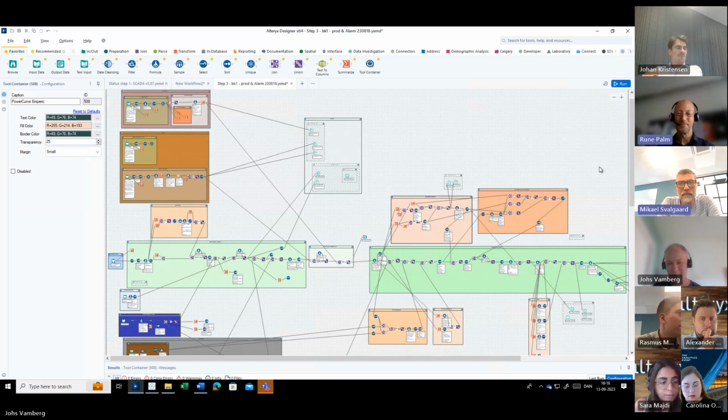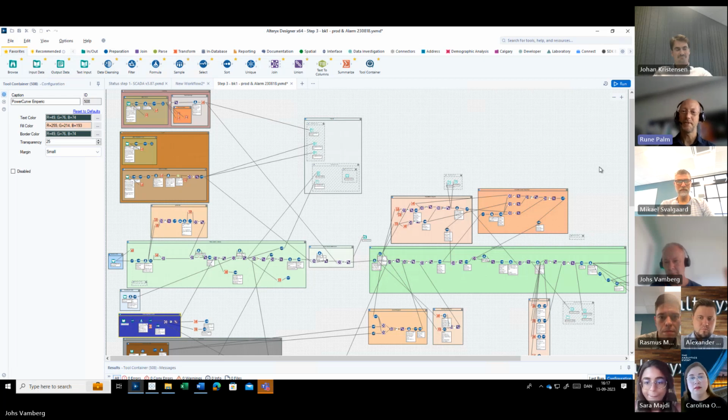I really like this with the colors, but it's more that if something is a little vulnerable, if something breaks... Can I ask you, Rune, is that Alteryx Connect, or is it a different lineage tool that you use? It's something we have developed ourselves. It's Python based, and we extract all the workflows from the server, open the XML files and look in them, and connect them in that way.